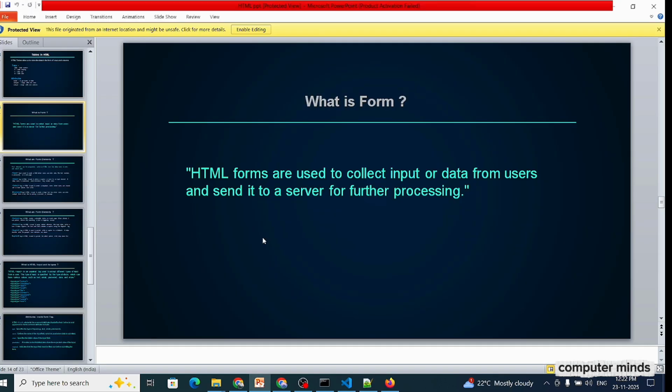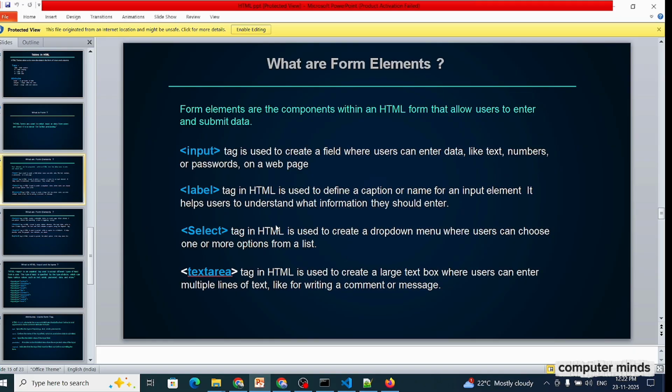And what is a form? HTML forms are used to collect inputs or data from the user and send it to the server for further processing. What are form elements? Form elements are components within an HTML form that allow users to enter and submit data.